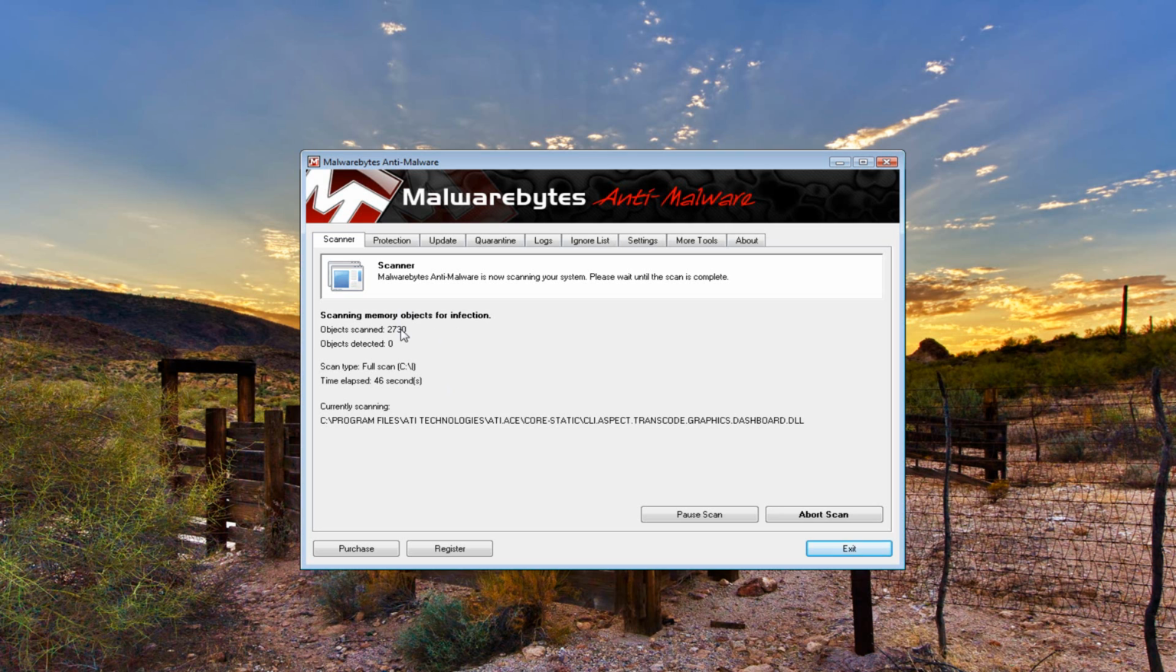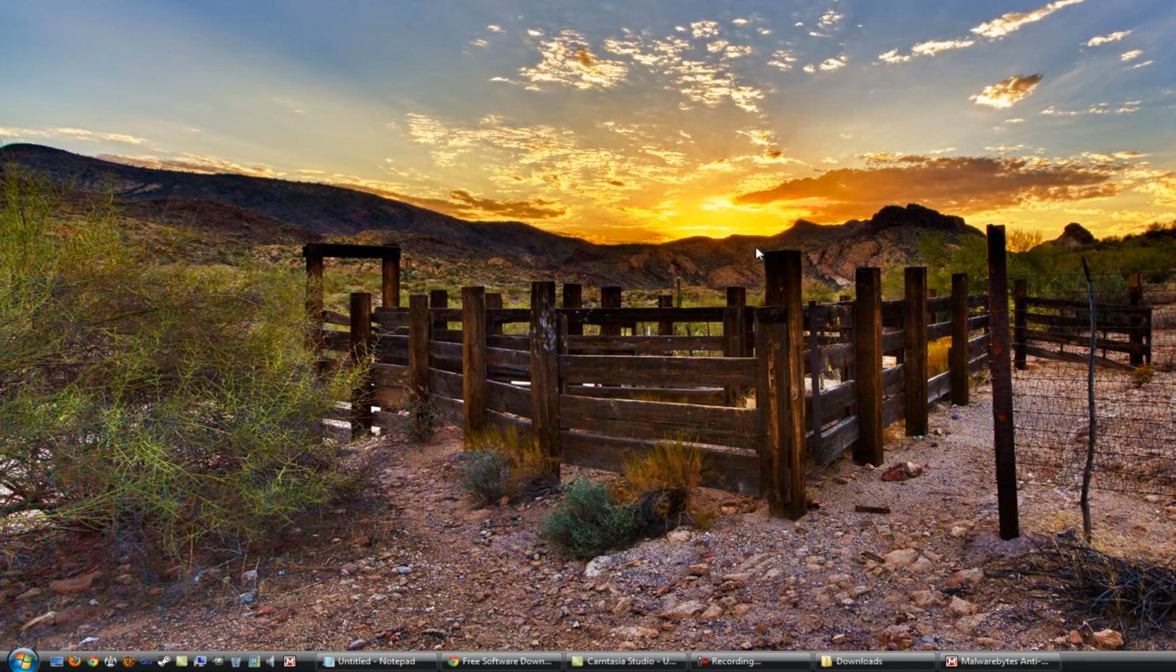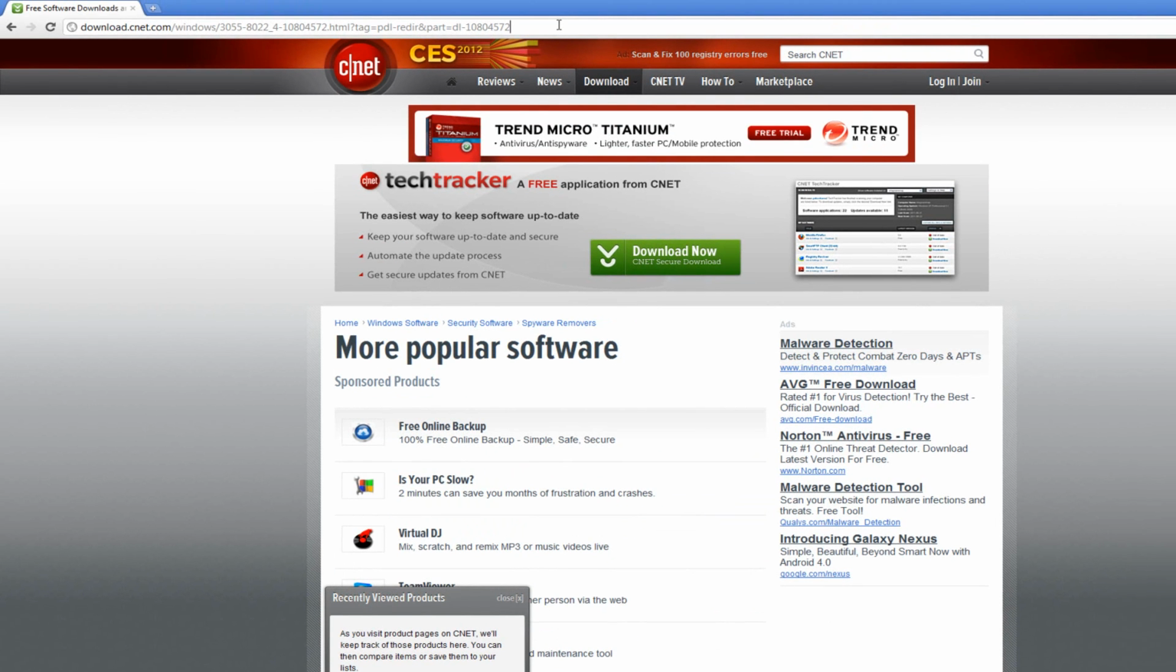All right, so I'm going to go ahead and leave this here, and while this is scanning, I'm going to show you guys how to download that other program I was talking about, which is Spybot Search and Destroy. Let's go back to our web browser here, and Spybot you can get from